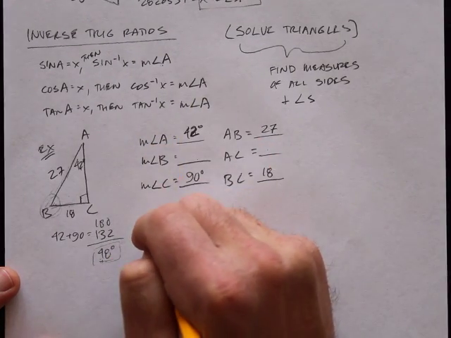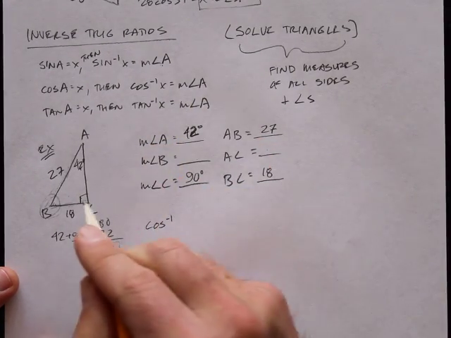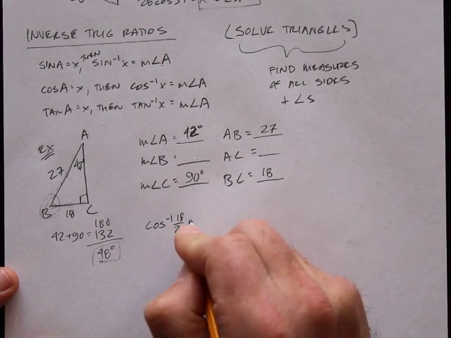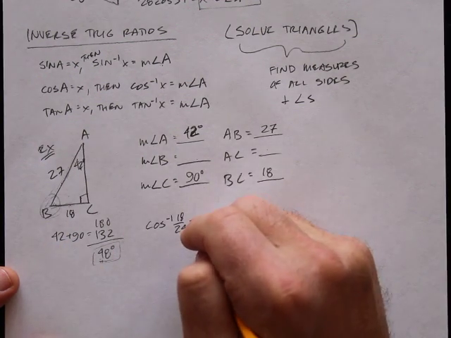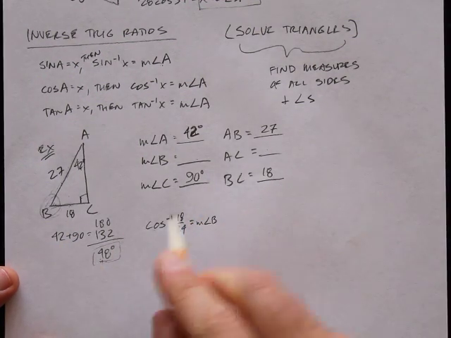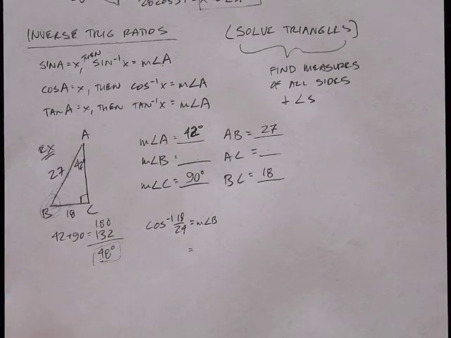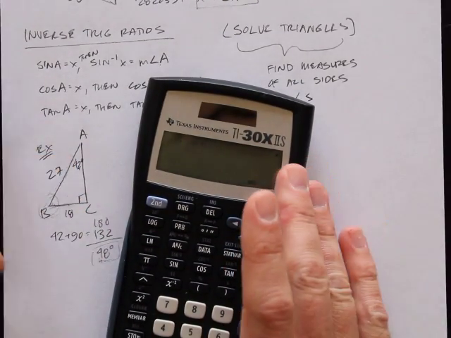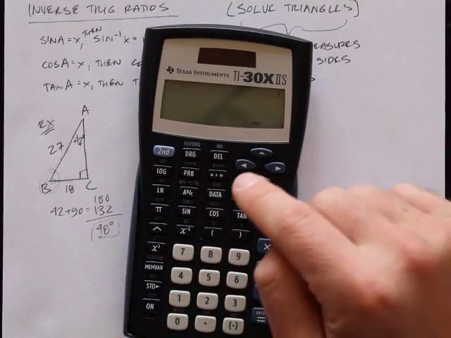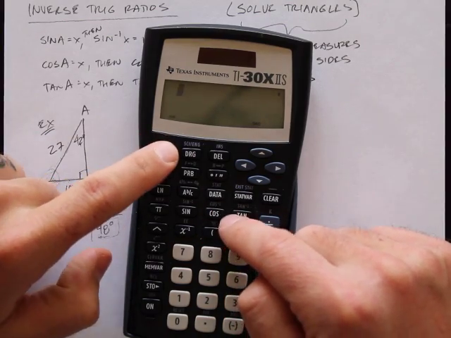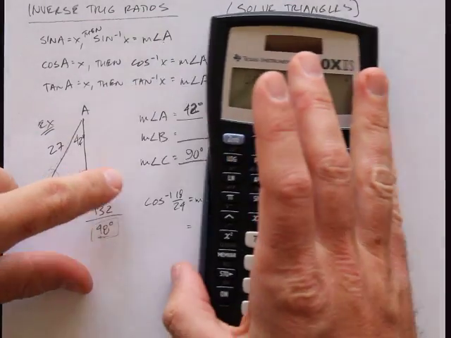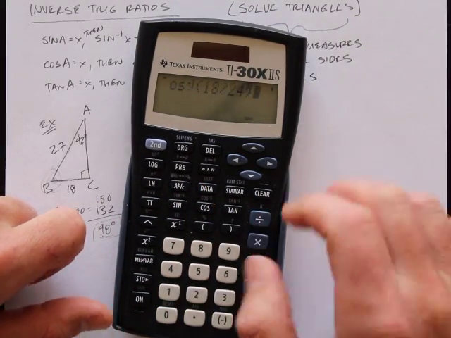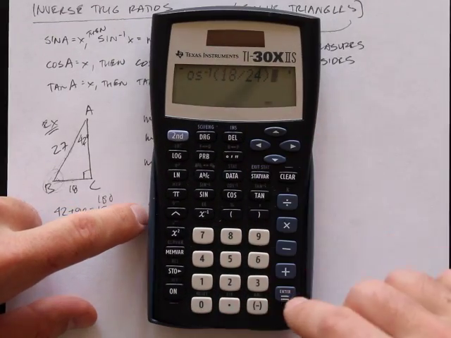So if I say inverse cosine of adjacent over hypotenuse, which is 18 over 27, that's going to get me measure of angle B. And so I can put this in my calculator here. So I say inverse cosine, so that's above cosine, so I have to push the second. Inverse cosine of 18 divided by 24, close my parentheses, equals,